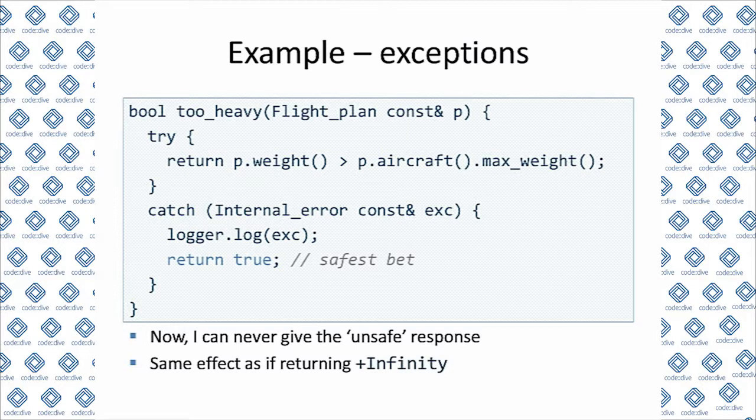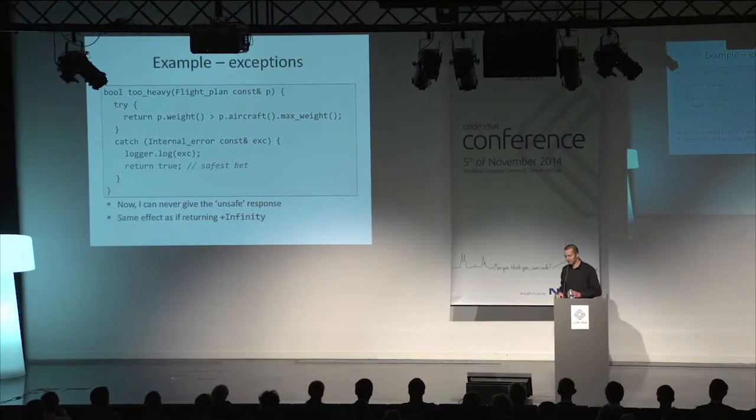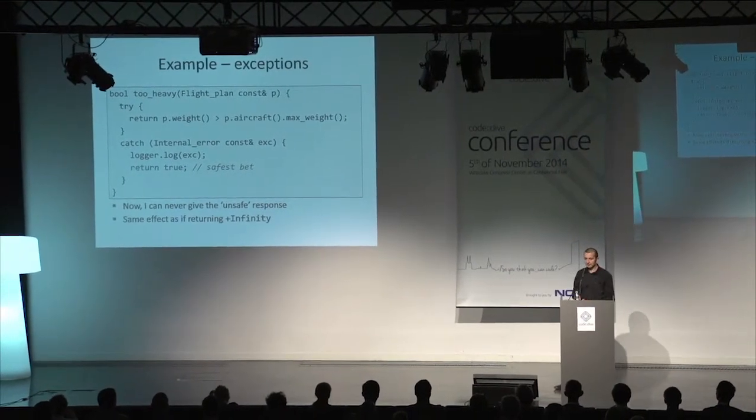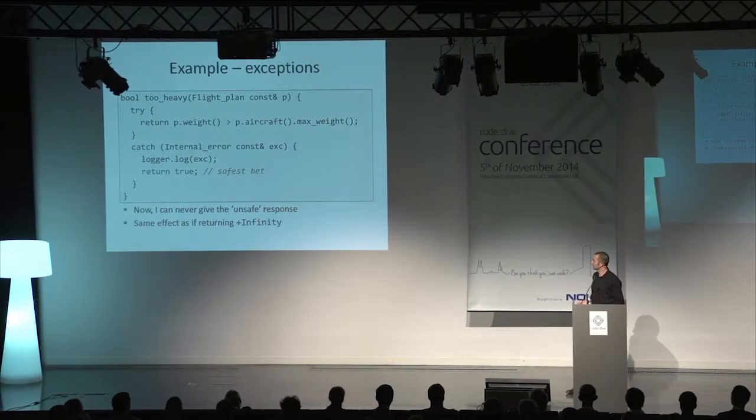So it's following some principles from engineering that when a system detects it has some failure, it goes to the safest state. In fact, it is the same as we return infinity from the weight in the previous example. We would arrive at the same point where we are returning true from too heavy. And we are, in some sense, safe, except that we now implemented another bug in the system.